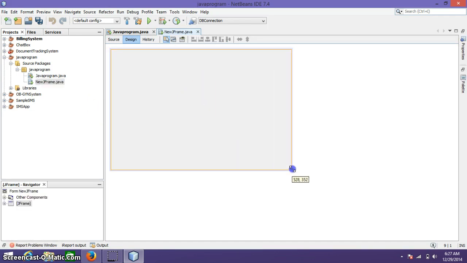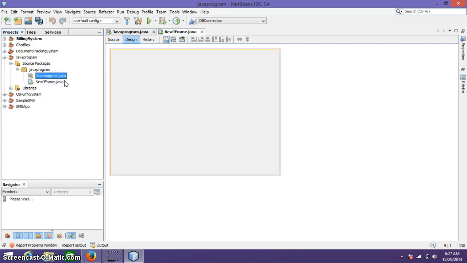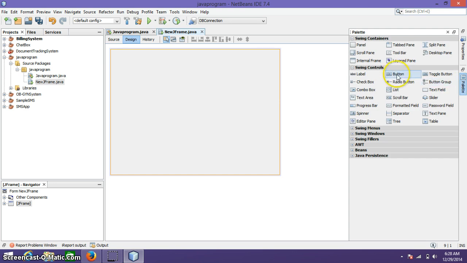Okay, so this is the design view of our first form, the JFrame. There are many types of frame in NetBeans Java. First we have JFrame, and others use a JInternalFrame, which functions only in a JDesktopPane. Our target is to create three JButtons, and then try disabling and enabling them. To add a button, click highlight and then select button.